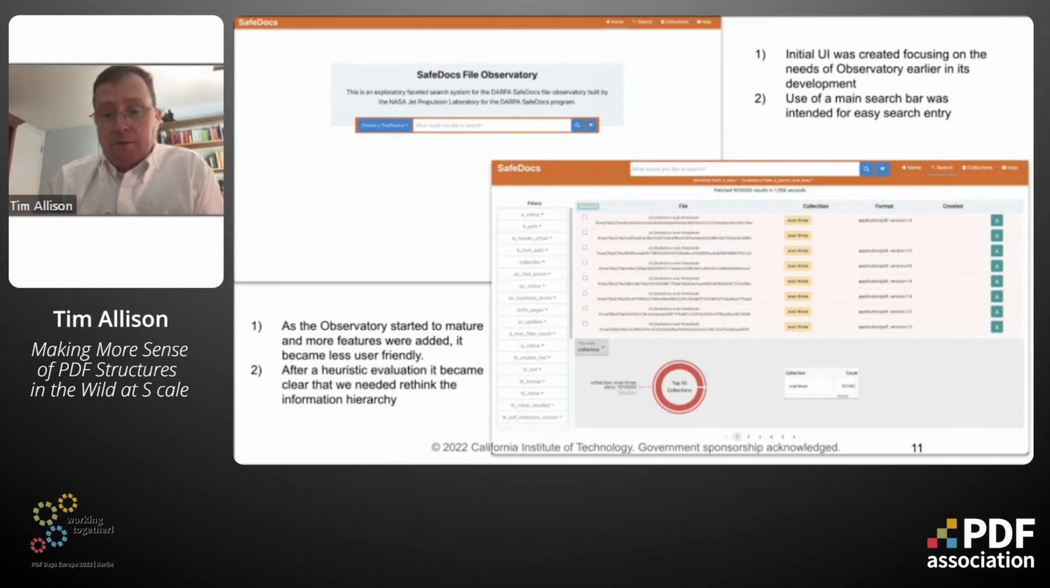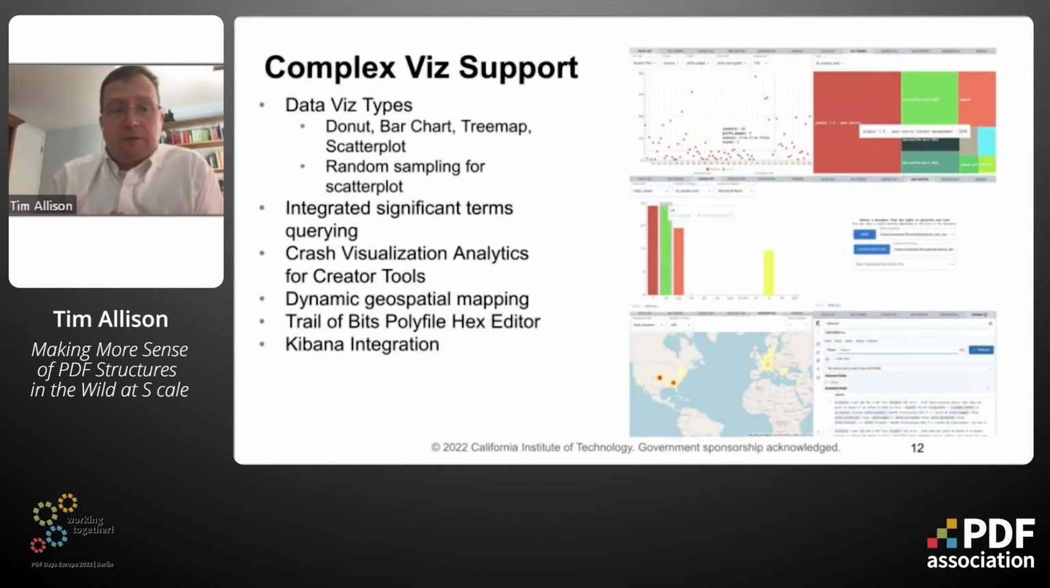This was based on, as we evolved more feature extraction, we realized that free text search wasn't quite the thing that was useful. There was typically a starting point, but really we wanted to make the facets much more easy to use and so on. So we've done that. In this slide, complex, we've added a number of different visualizations to allow different ways of